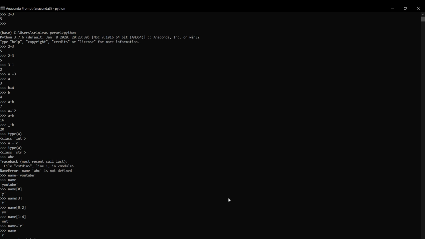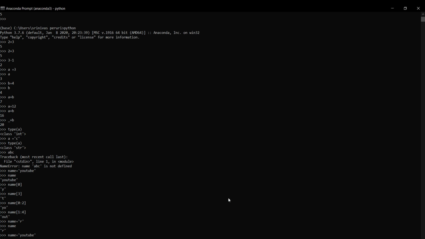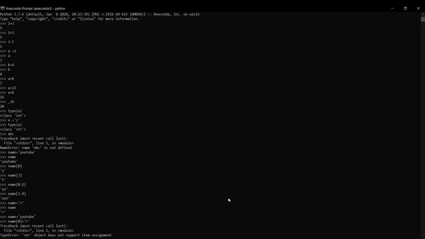I have to replace the values, right? So in the name itself, in the position of 0, I want to assign r. Is it valid? No, a string object does not support the assignment operator. If you want to fetch the data, then it is valid. But if you want to fetch the data and replace the value which is present at that location, it is not valid. We'll see another example so you will understand.